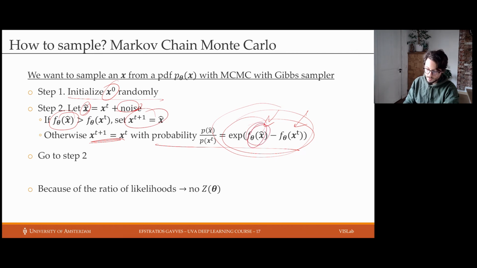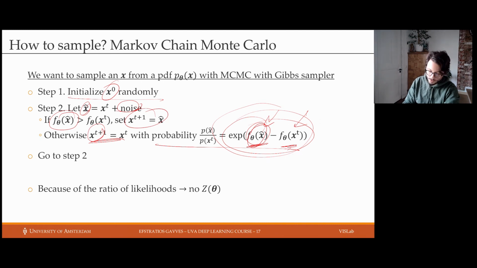The less likely our new sample is compared to the previous one, the more unlikely it is that we're going to keep it for our next sample. Now, after we do this, we go to step 2, and then we repeat the procedure